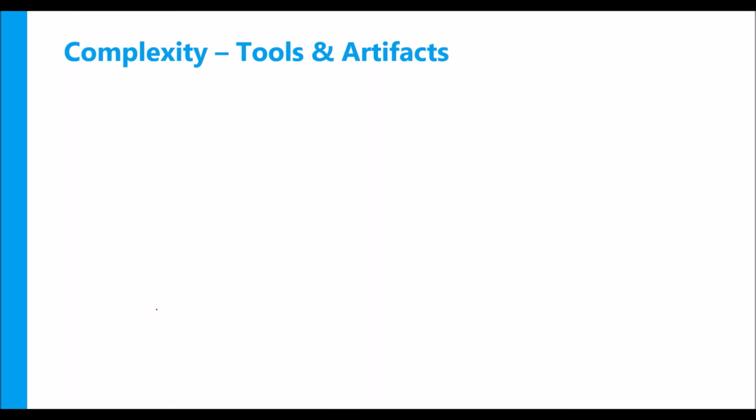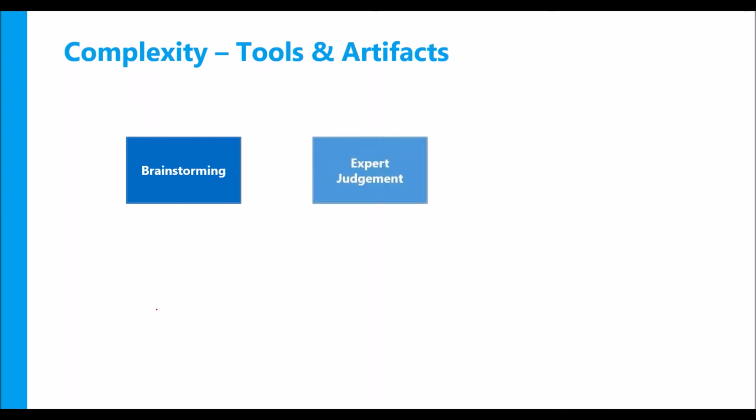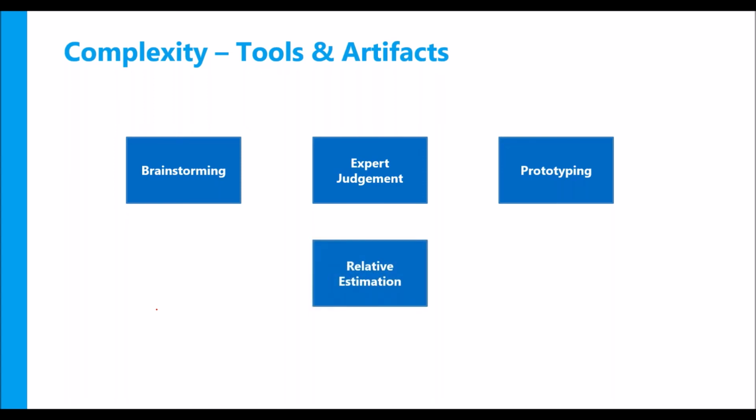So for complexity, what are the tools and artifacts, how can we navigate complexity, right? You can use brainstorming as a tool with the team to decomplex the complex items. Your expert judgment, right? You bring in subject matter experts and then try to understand the complexity and try to solve it. Your prototyping, for example, so you are building a product, it's complex, you do not understand where you start. You can start by building prototypes and then see how it behaves, and then proceed from there. And if you are trying to estimate a project with high complexity, you can use a relative estimation technique, something like story points or business values, right? Story points are typically what we use to handle complexity.